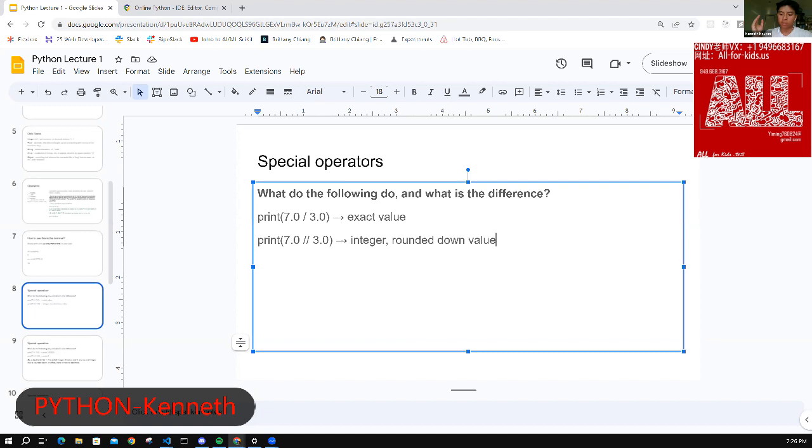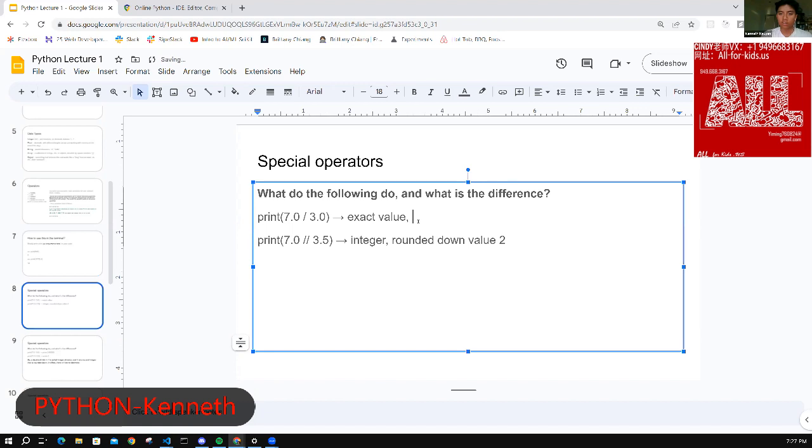It's called integer division because you cut off the decimal. So let me make it like this. If it was 7 integer division 3.5, you would just get 2, whereas